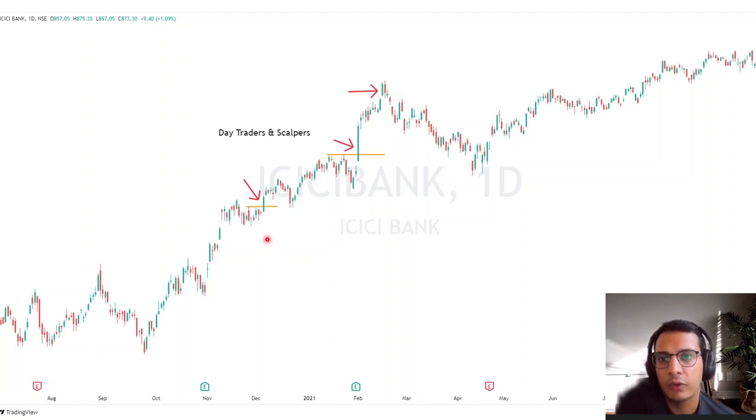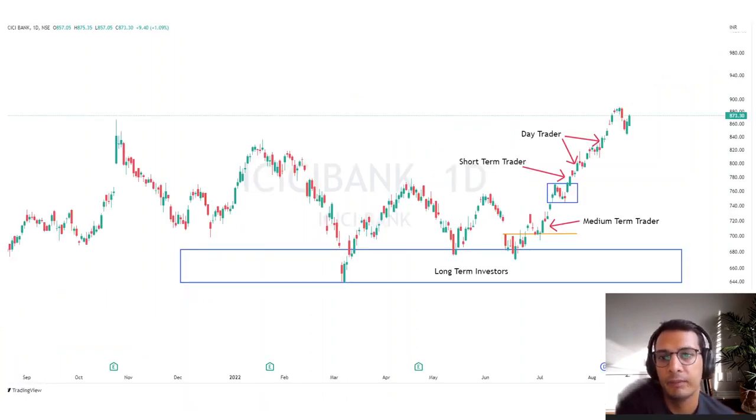So there are days in the market where structures for day traders are optimal. And over here, if you are a value investor and you are trying to buy here, obviously you are very far away from the areas where value investors are actually active. So thus it's very important for you to be in the right time frame, or to participate with the right market participants who are controlling the market activity.